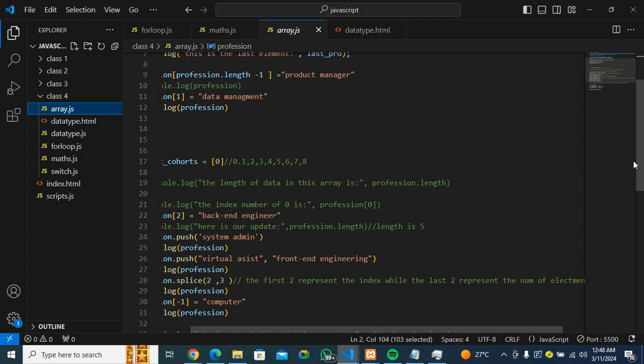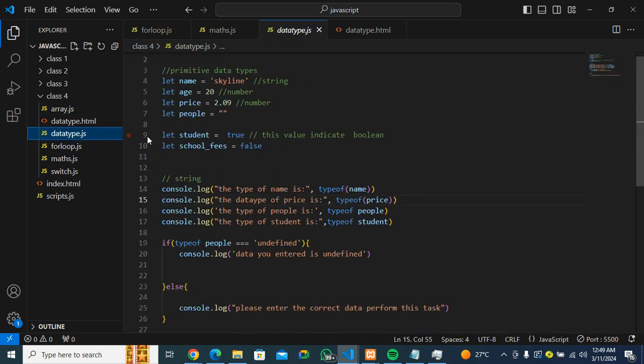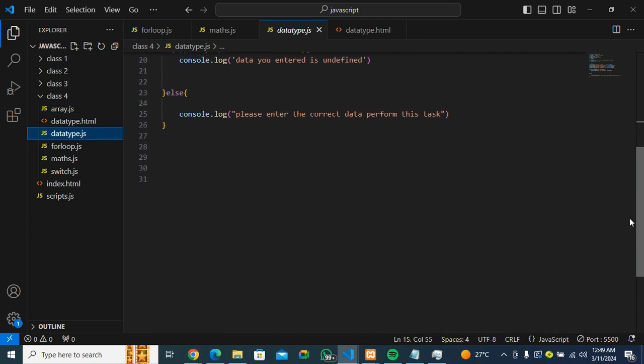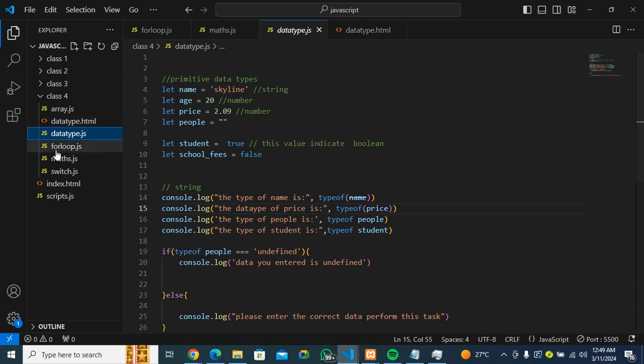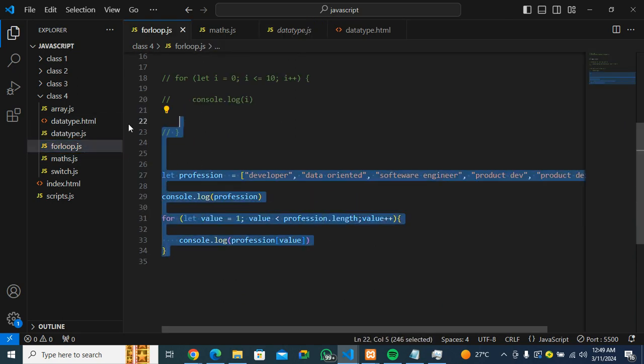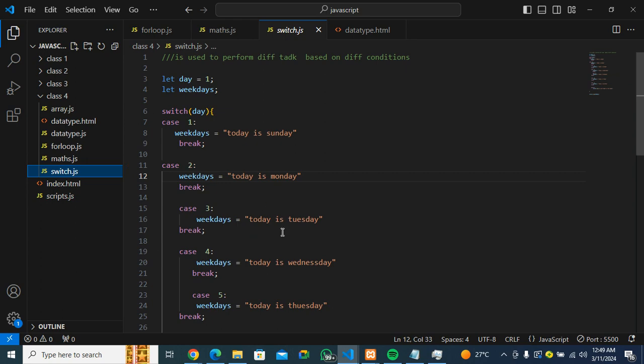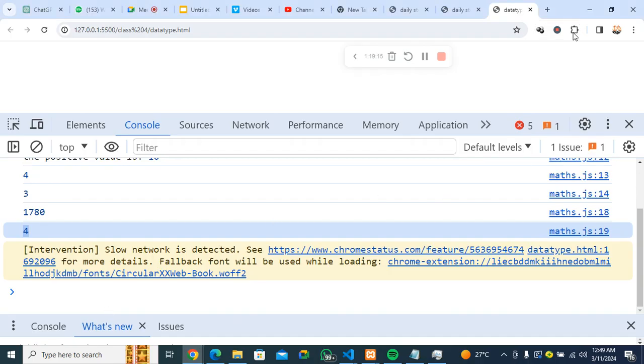So today what we did was start from array, and from that move to data types, where we learned about different kinds of data and their types. Then we moved into for loop, Math, and switch statements. So basically that will be all for today. The assignment